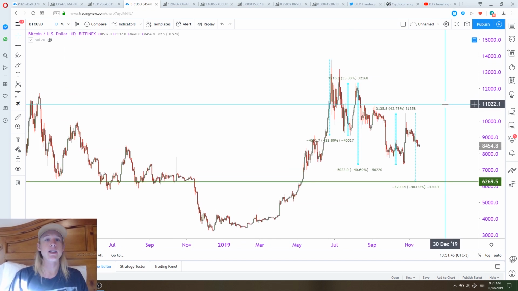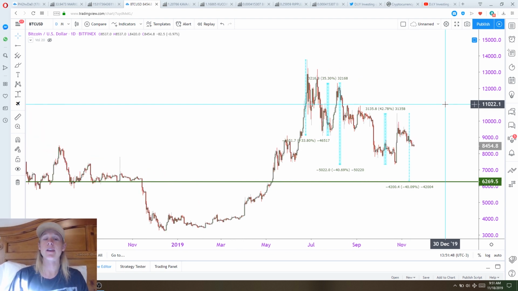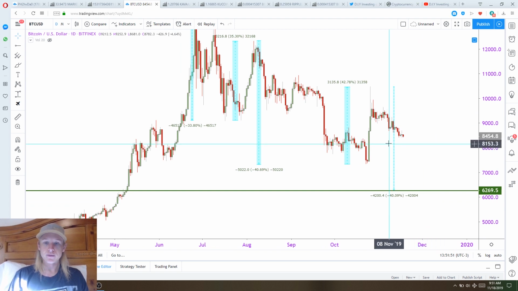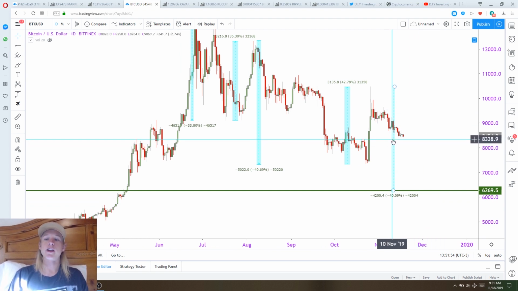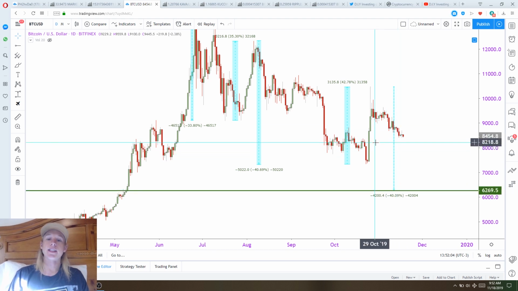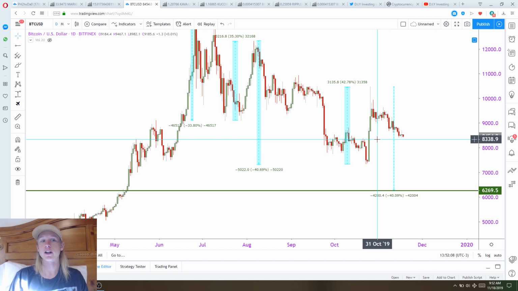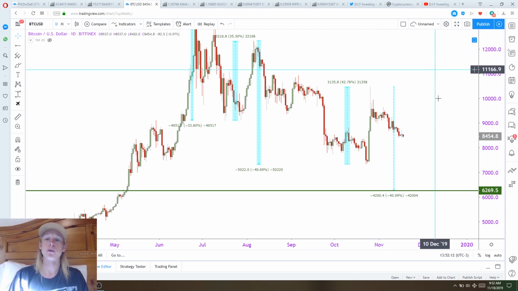Now, there is still the bullish perspective which I'm watching for, and so I want to talk to you guys in depth about my trading plan and really the levels that I'm watching for confirmation. Now, what I'm watching out for is this level at about 8,300. If we get a close below that level on the monthly time frame, then I'm actually going to be bearish back down to about 6,250. And that's how I'm going to be structuring this. But as long as we hold support above 8,300 and we're closing above that level, then I think that we still have potential for more bullish upside.